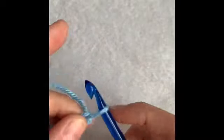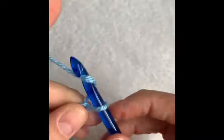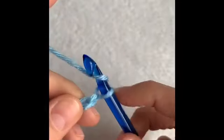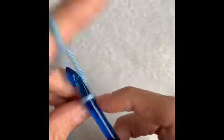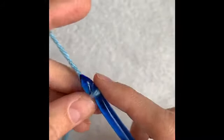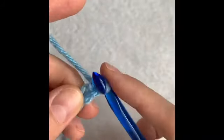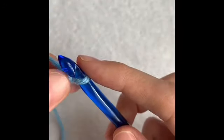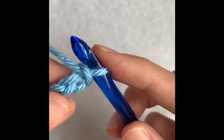1, 2, 3, 4, 5, 6, 7, 8, 9 and 10. Then what you need to do is you need to turn your chain around, and we will